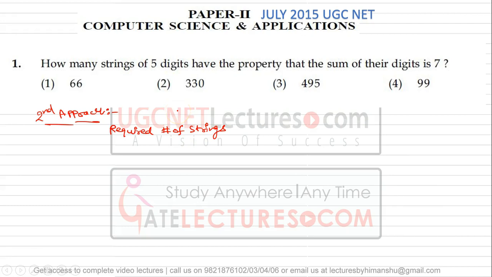Okay, n identical balls into k boxes. So the required number of strings is same as the number of